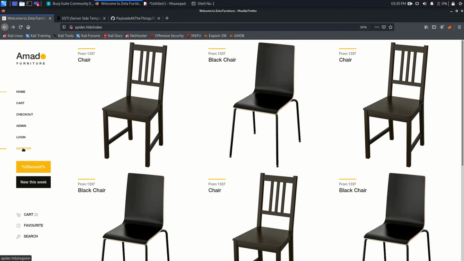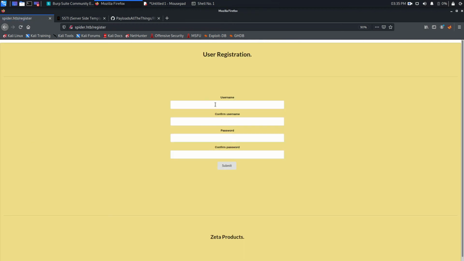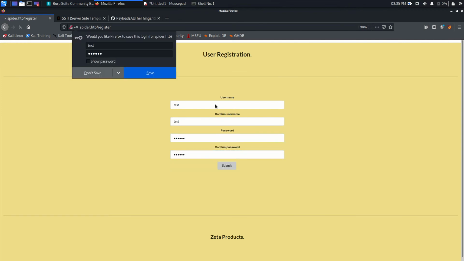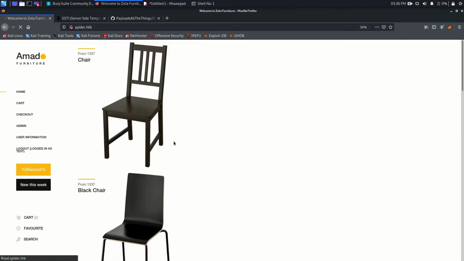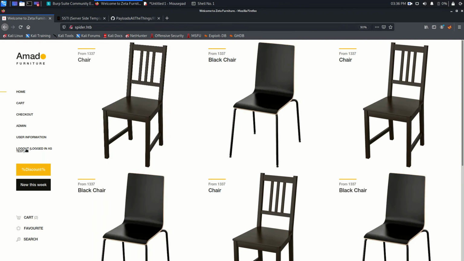Okay, so I'm going to register a user. I'm going to say test, with password 123456, and submit. Once we submit, the application automatically generated a unique user ID for this test user, and instead of a username it's using a UUID for the user. The password is 123456, and as you can see, we are logged in as